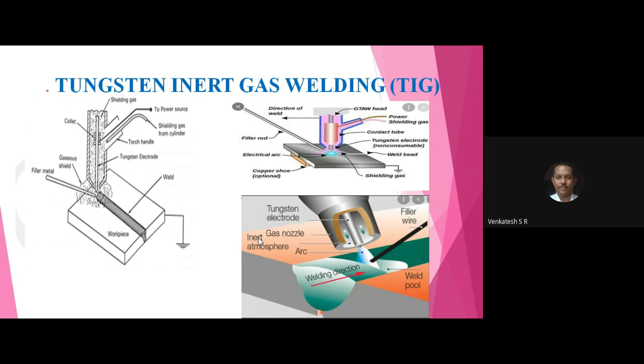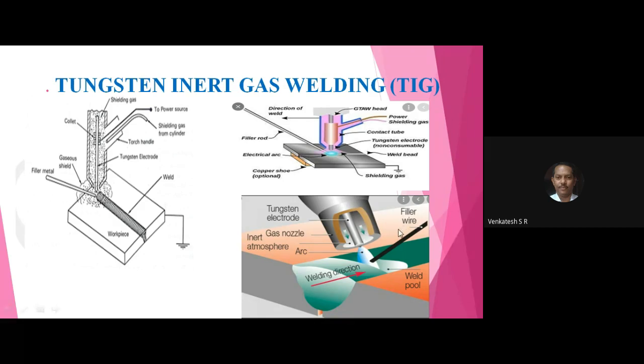Come to the point. First, all of you write down tungsten inert gas welding, and in brackets write TIG. All of you observe here. This is the tungsten electrode. This is the gas nozzle. The arrow mark indicates the